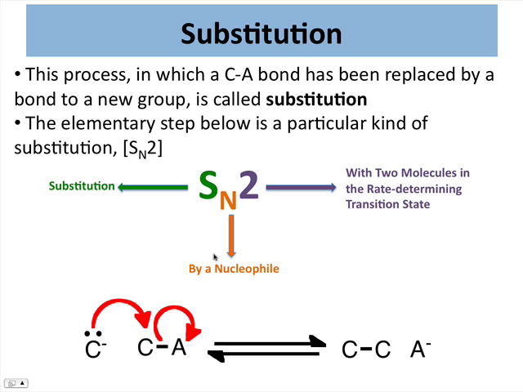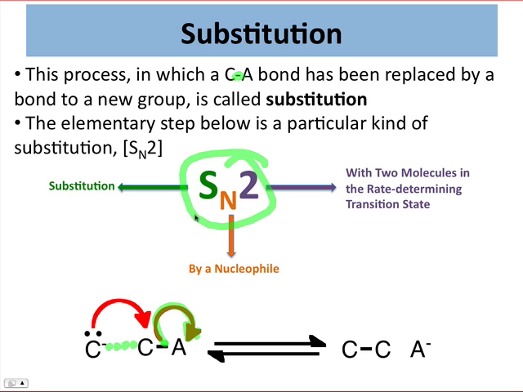So this process in which we replace a C-A bond with a bond to a new group is called substitution. And there's an elementary step that is called SN2 that corresponds to this one-step process. So notice that it's all happening in one step. The development of a new bond between, in this case, carbon and carbon, and the cleavage of the old bond between carbon and A. It's all happening in one step, and that's going to be important when we look at the definition and characteristics of the SN2